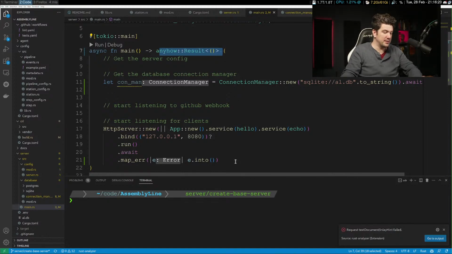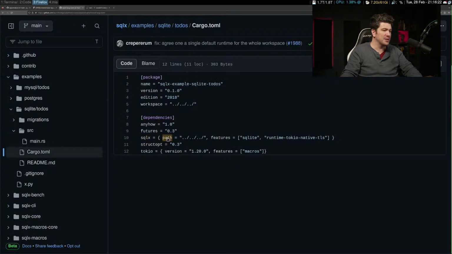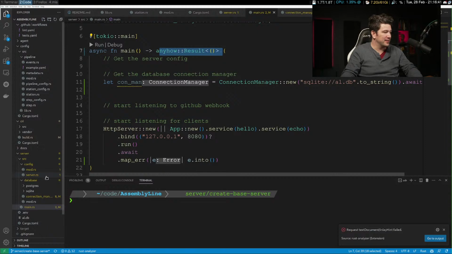What were the features on SQLx? So this was SQLite and the runtime Tokio native TLS. I haven't done TLS yet, so I don't actually have TLS, but I sure hope that this doesn't change. Let me see what mine is on here.